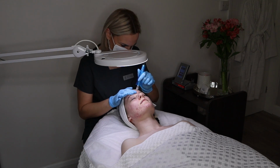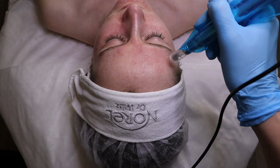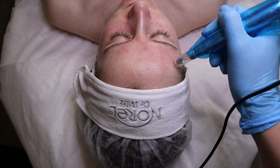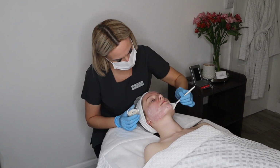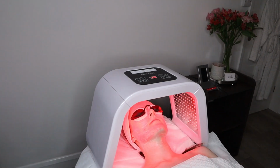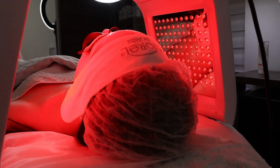And as you can see, no numbing cream has been used, and my client is pretty relaxed during the whole process, and there is no bleeding, just slight redness to the skin. So after the microneedling procedure is finished, I am applying a soothing cream mask, and I'm also adding here the LED light therapy. In this case, we will be using red light for the regeneration and soothing the skin after